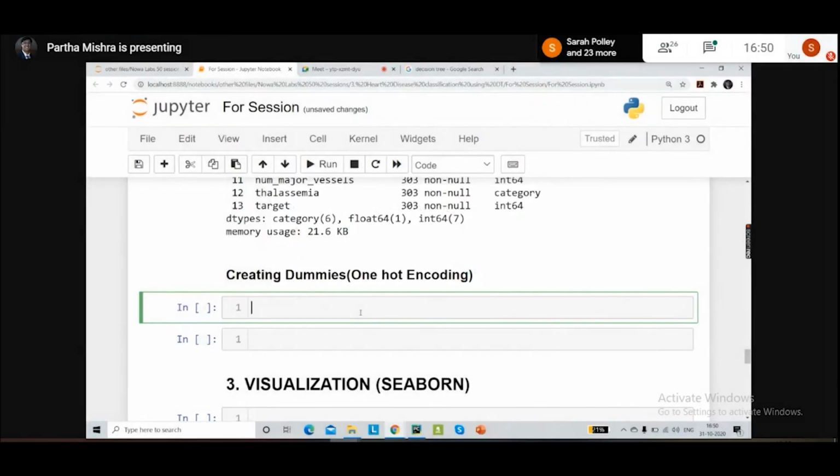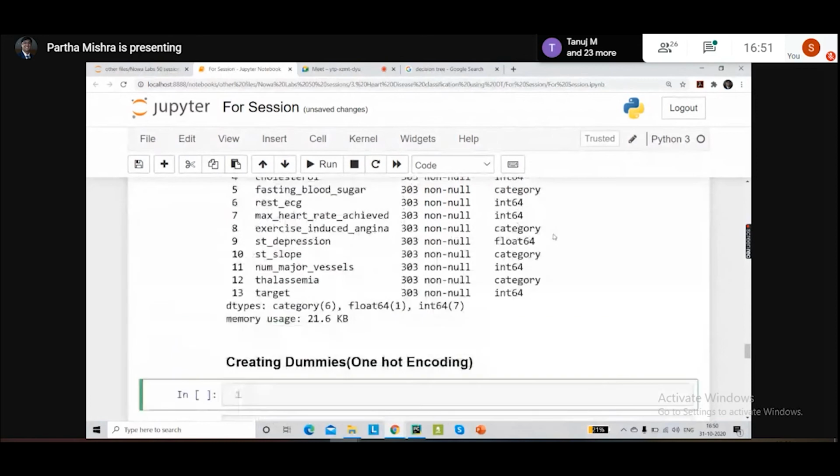So it relies on us to make sure that these columns are in the right format. Now the major columns that had to be in category format have been converted.